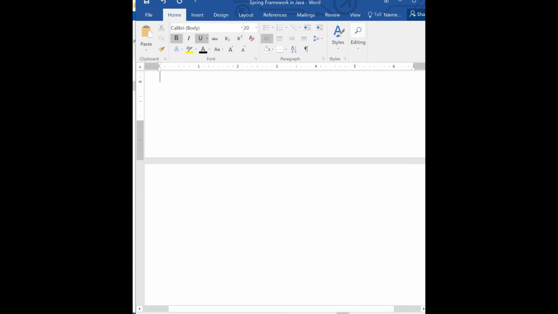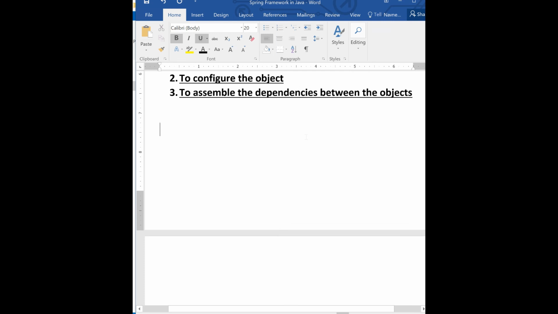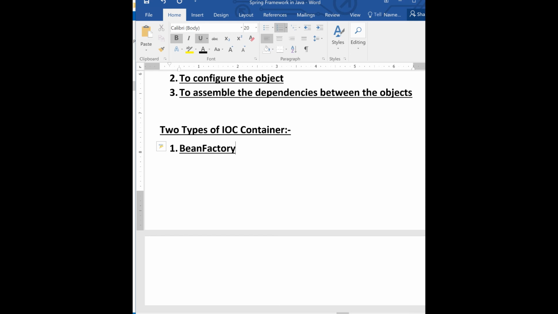Now we have two types of IOC container. The first one is the Bean Factory, and the other is the application context.